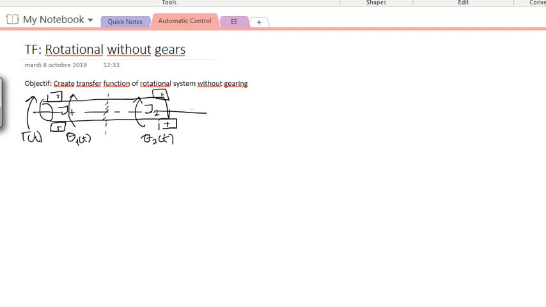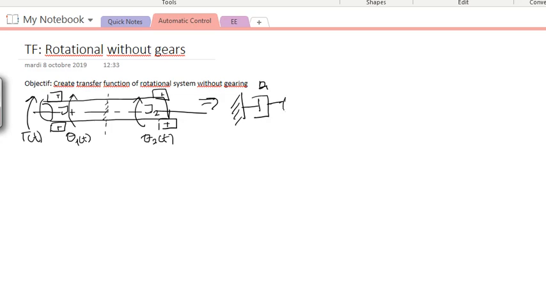So how do we model this in a schematic diagram? The bearings are basically the mass, right? We start with the left-hand side, the bearing on the left. The contact between the bearing and the shaft is a kind of viscous friction. What is viscous friction? It is friction that is proportional to the speed. So the faster you go, the higher the force of the friction. So it can be modeled by a damper. I call it damper 1, with a damping coefficient D1.